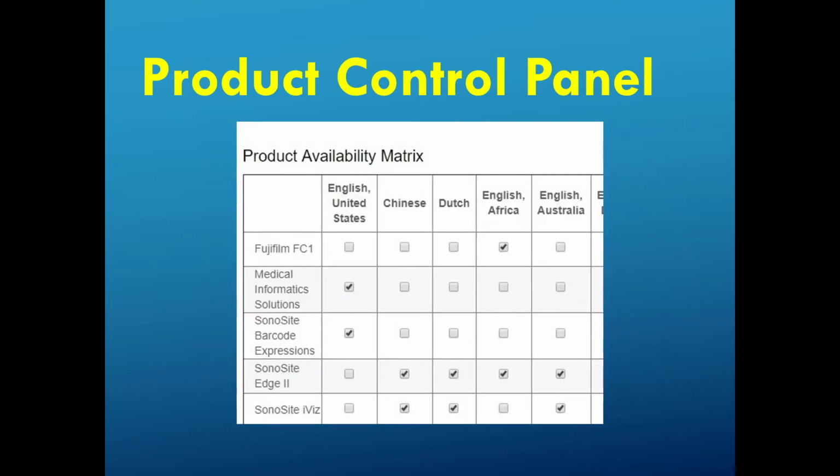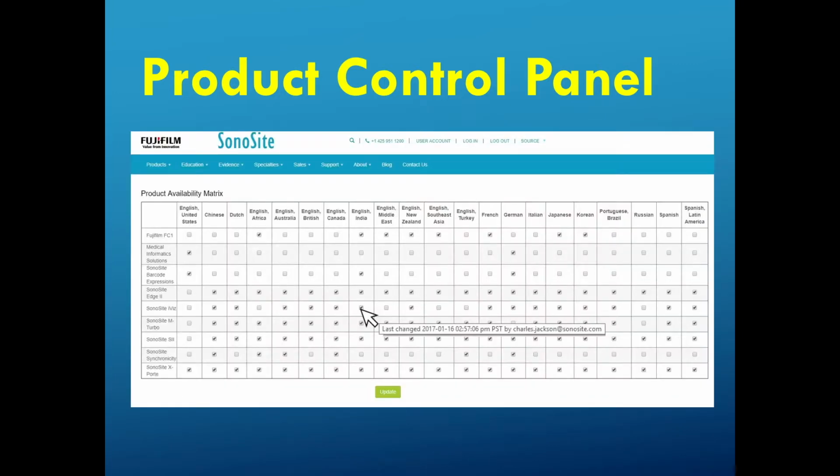And here's what it looks like. Basically, it is a matrix here. You have products down here, and of course English, and all the rest of our locales across the top. And this controls, originally the original version controlled publish and unpublish. Only admins are allowed to use this panel. And Damon and I were talking about maybe making the update button just available to our boss, because you can